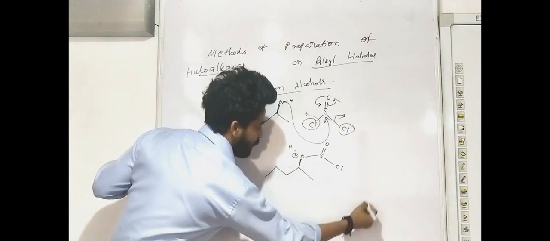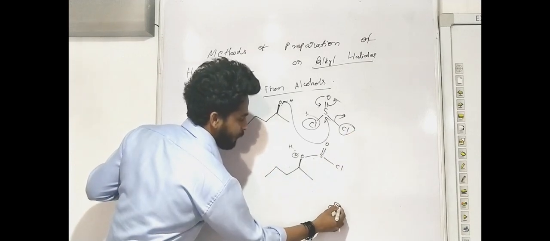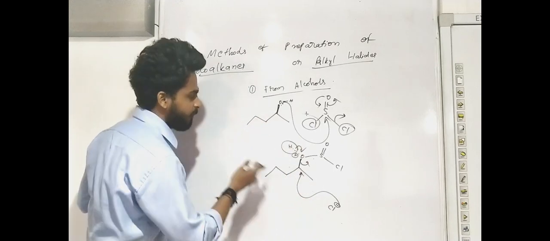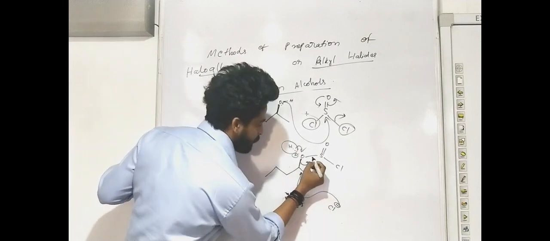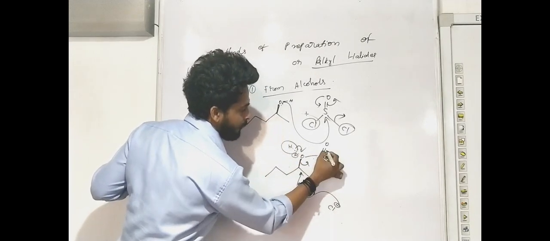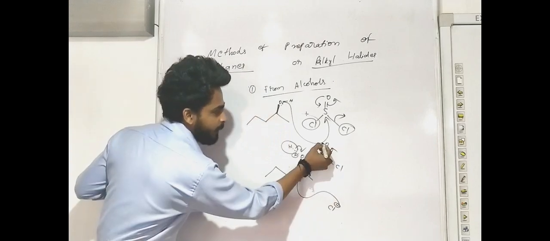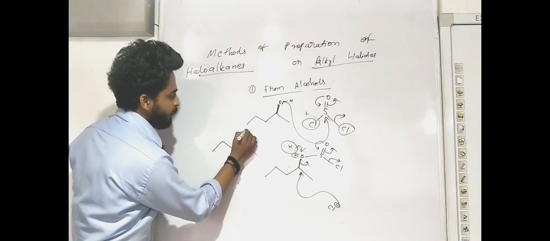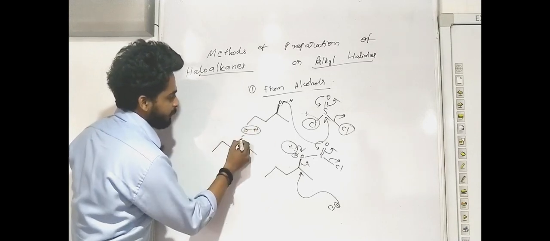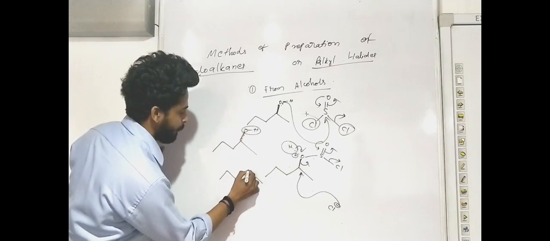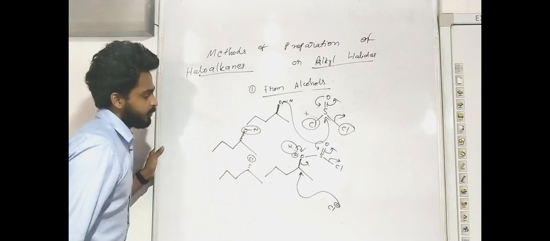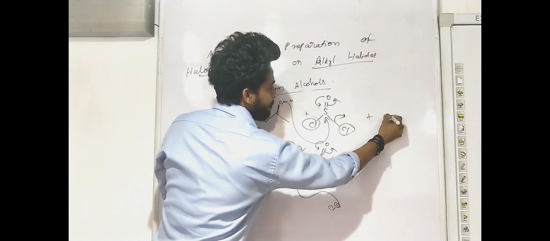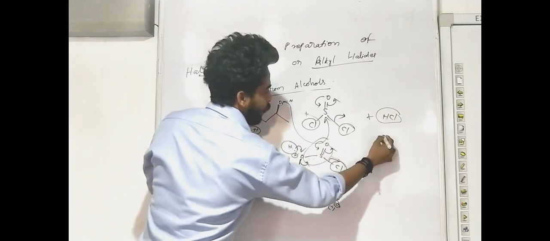After that, this chloride ion will come and attack at this position. Then this will leave. Before that, this OH hydrogen will also leave and form HCl. Then this oxygen-sulfur bond will form, and this bond will break and this chlorine will leave. So we will get a compound like this, with inverted stereochemistry. Here the OH was in one direction, and the product will have chlorine in the lower direction. So this will form the C-Cl bond, this hydrogen will form HCl, and this will form SO2.